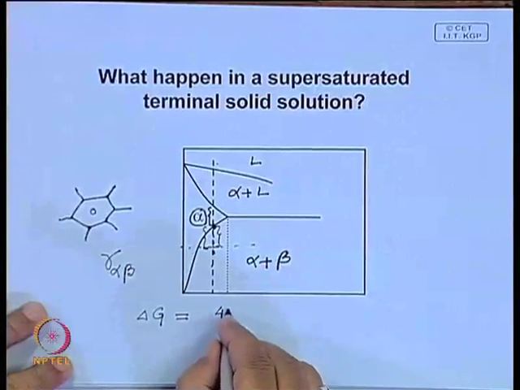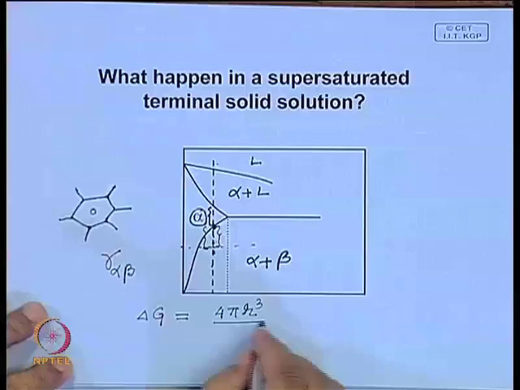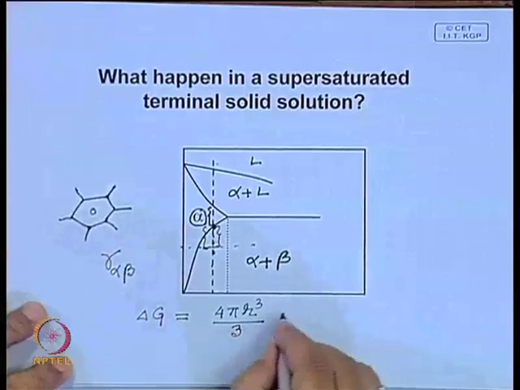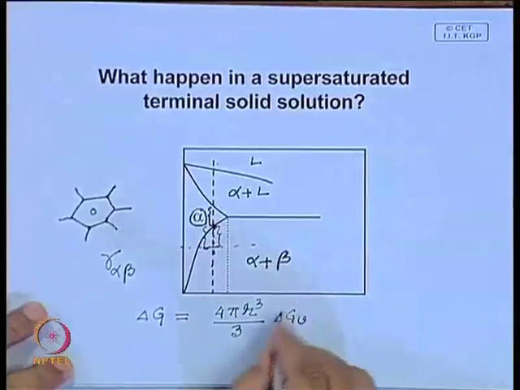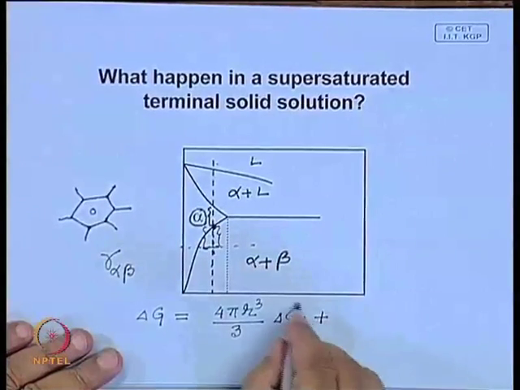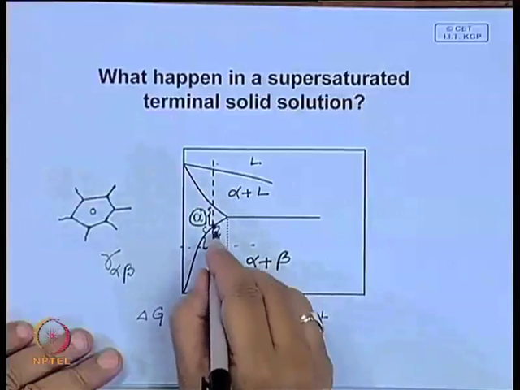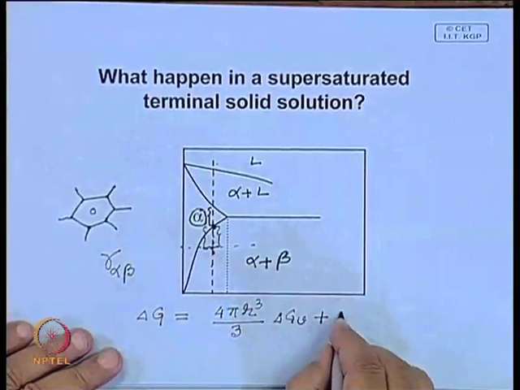If it is a sphere, its volume is 4 pi by 3 r cube. There will be, this is the free energy of transformation per unit volume and this is usually negative because here thermodynamically this is more stable, whereas